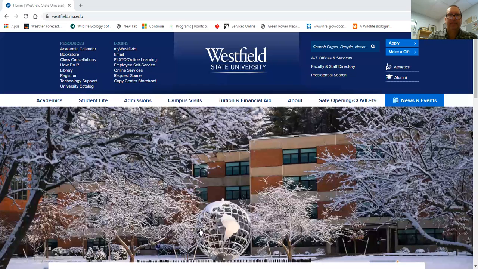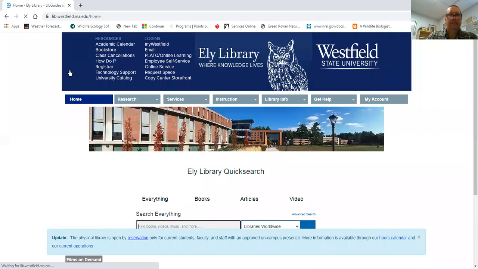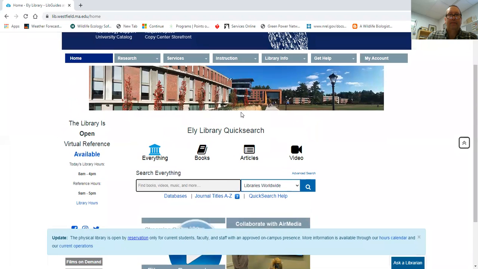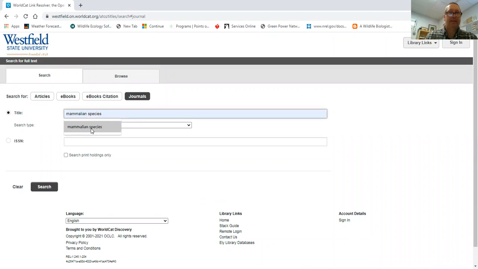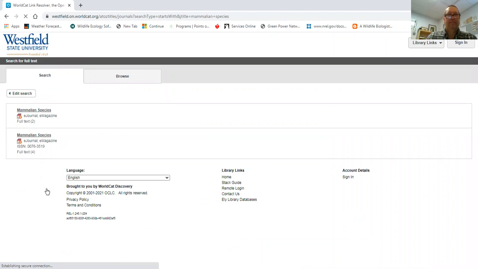So here's our website. You go to the library's homepage. I would go to journals instead of searching for everything. Type mammalian species into the search bar, hit search, and you get two different links for mammalian species. This one says it has links to 2 full text versions, and this one says it has links to 4 full text versions. I'm going to click on this group first,